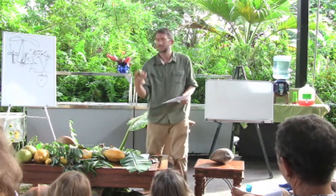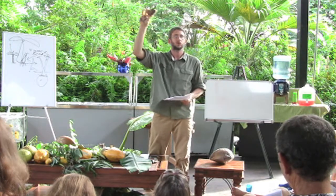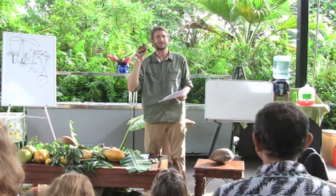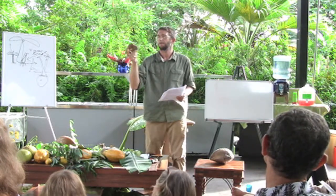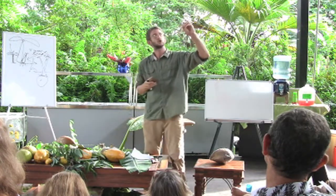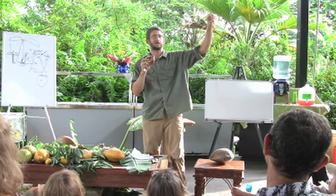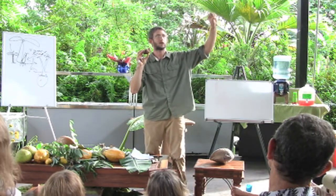Then we have air potato, which is in that same family. Produces aerial tubers. Okay, so it produces these on the vine. Same family. Not nearly as aggressive as a vine. Can take a little bit of shade. And there is a wild version of this that has circular fruit that is not edible, and it's highly invasive. So this one has earned a bad reputation because of that wild cousin,